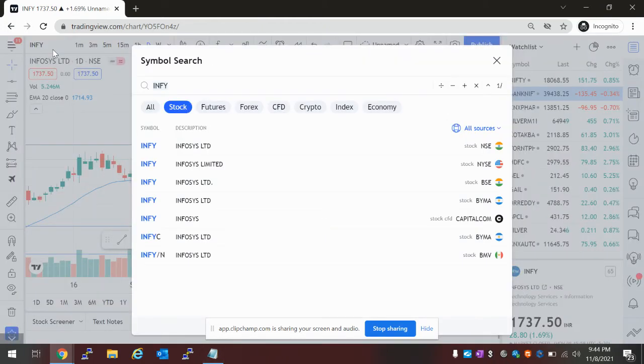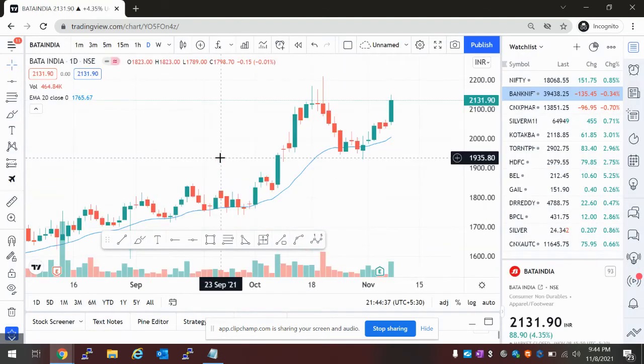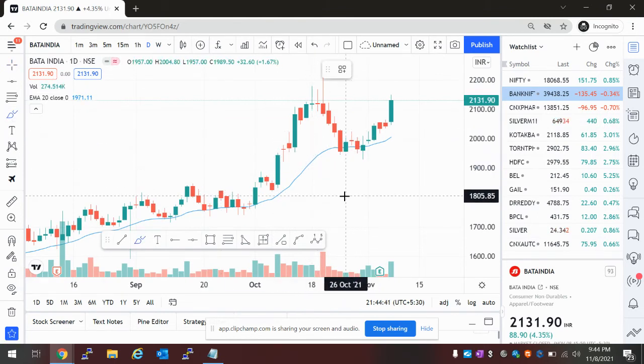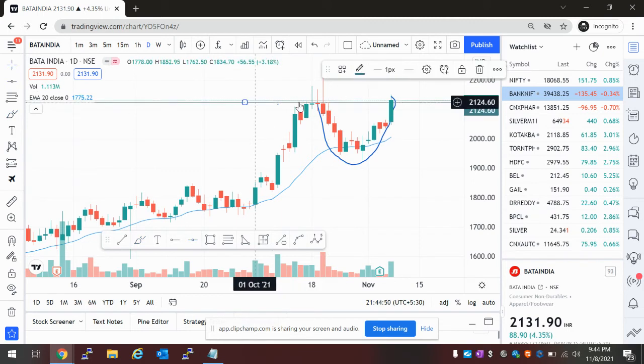And the best stock of today, Bata, is in good momentum. I'll say again, it is a good momentum. If you know the structure, this is a round bottom. If it breaks out, then already, Bata, I was like